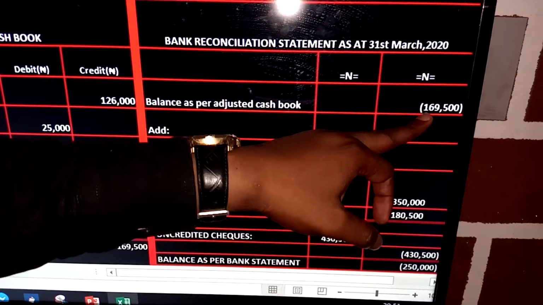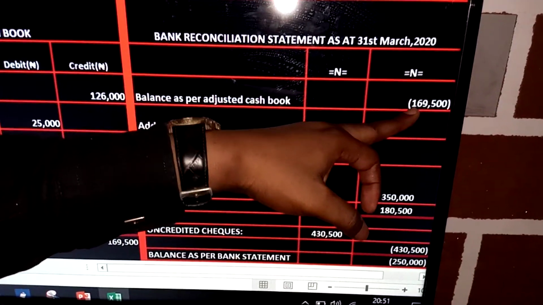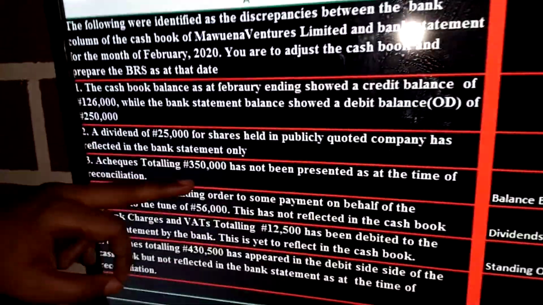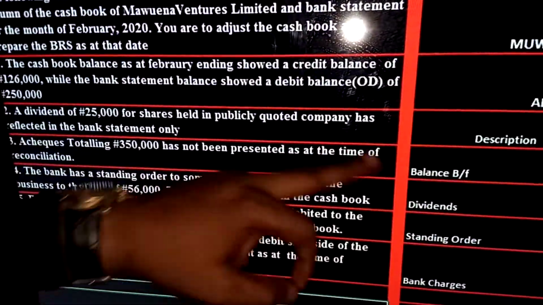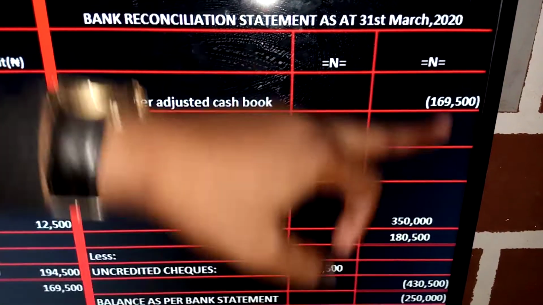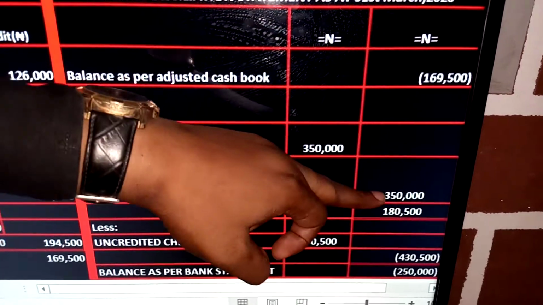If it were a debit balance, it would be positive, but because it's a credit balance, negative. So what would we add on? Unpresented checks. The question gave that checks totaling 350,000 have not been presented as at the time of reconciliation. So we have add unpresented checks 350,000. So minus 169,500 plus 350,000 will give us